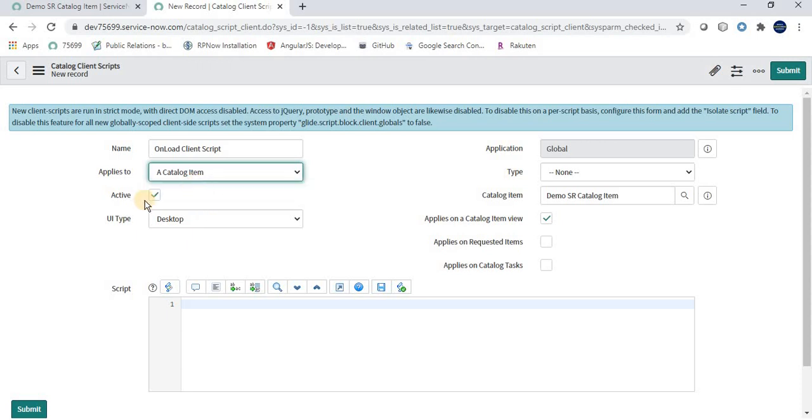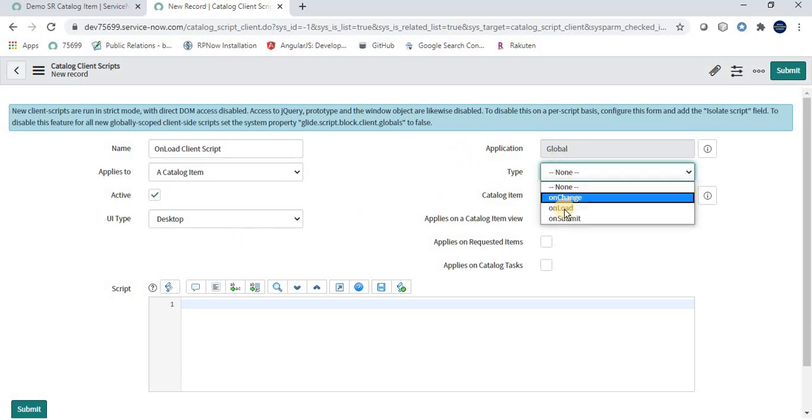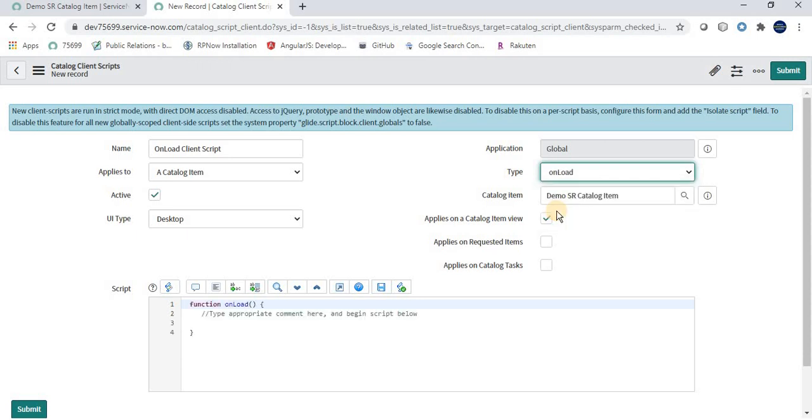So I'm saying for a catalog item, Active is checked. On the UI tab you can select accordingly. Then application, then type. See, all three types are displaying over here. So I'm going to write an onLoad client script. Then we have a demo SR catalog item selected, the catalog item for which we are writing this